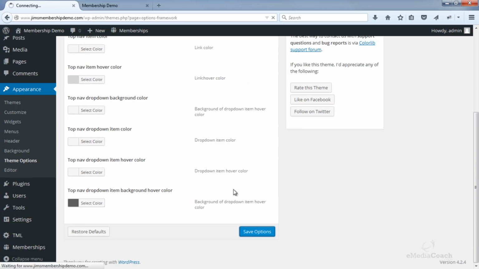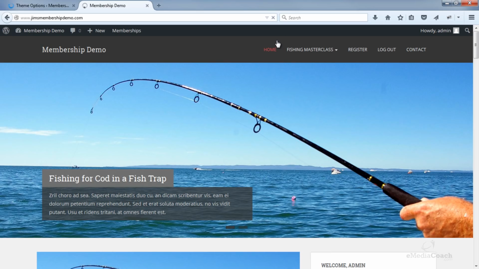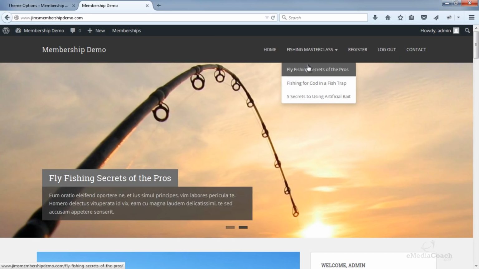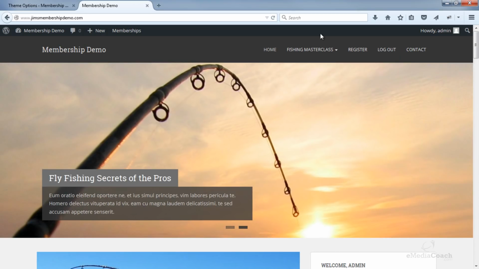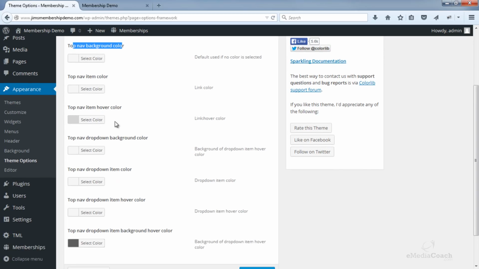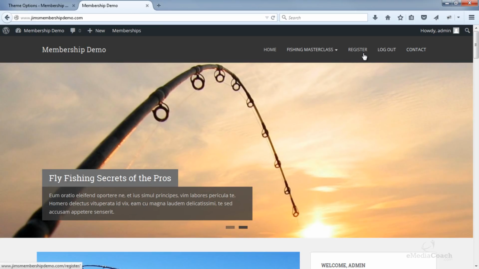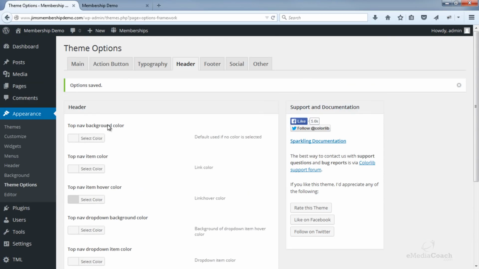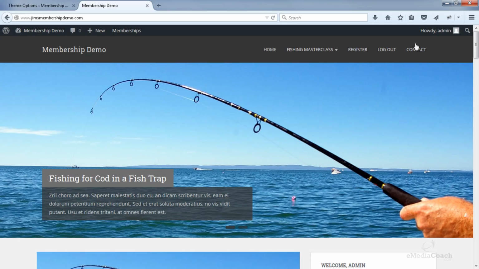Okay, let's save that and see what that looks like. Perfect. That looks much nicer. So feel free to go in and customize that any way you want. You can also customize this grey box here. You can make that a different color by changing the top nav background color. But of course, if you change the color there, you may have to change the color of the rest of the items because it may blend in. So you may need to contrast the rest of the items depending on what color you change your top nav background color to. But I like this and I will leave it just as it is.